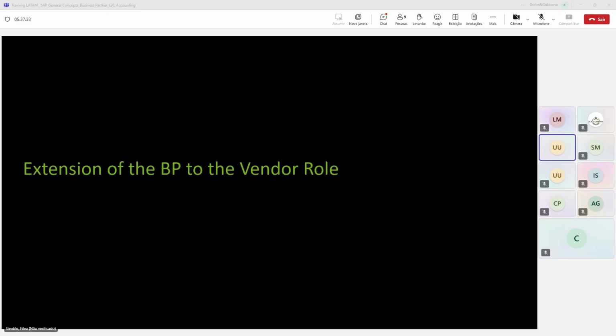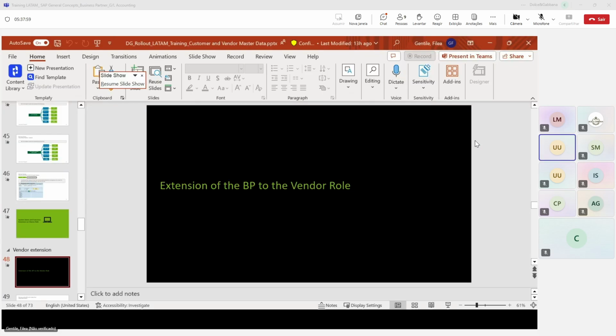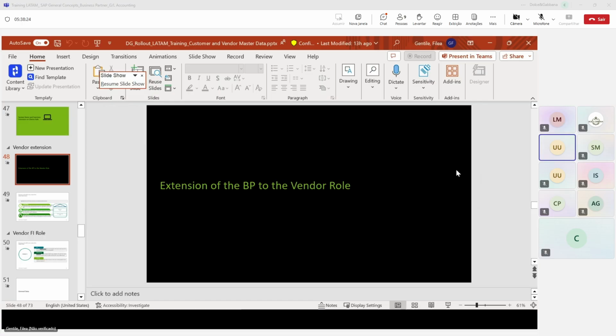Okay. Now we continue with the extension of the business partner to the vendor role. So before we created the business partner as a general rule, we extended it as a customer in finance and in logistics. But there is